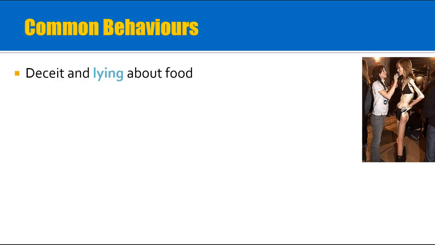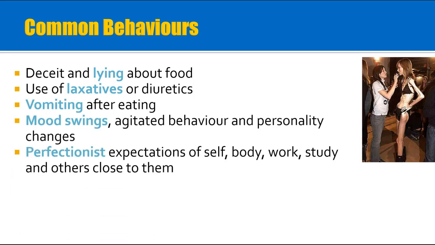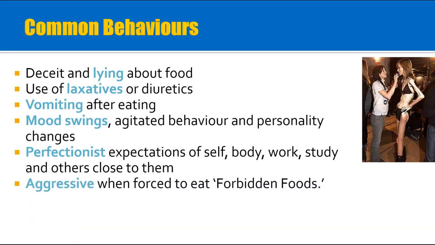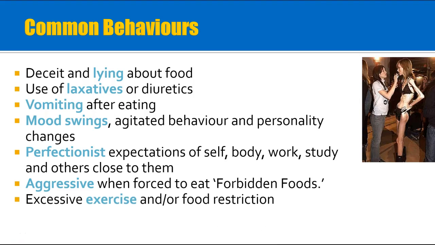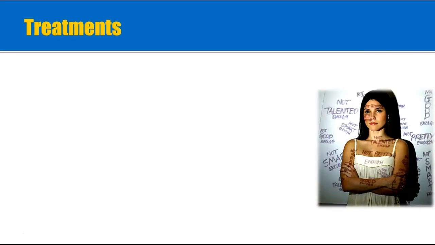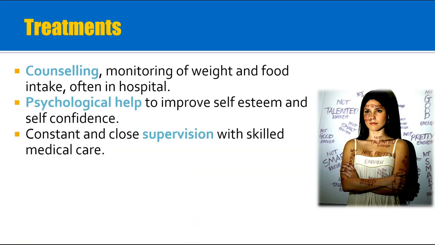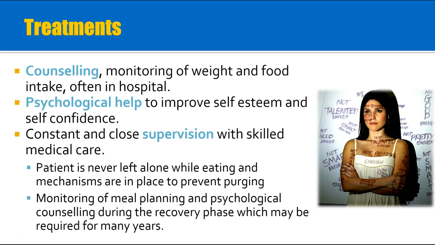So some of the behaviors include lying about food, using laxatives or diuretics, vomiting after eating, mood changes, perfectionism, aggressive when forced to eat foods that they don't want to, excessive exercise, and usually about 40% of people with anorexia nervosa will later develop bulimia as well. So some of the treatments include counseling, psychological help, constant and close supervision,